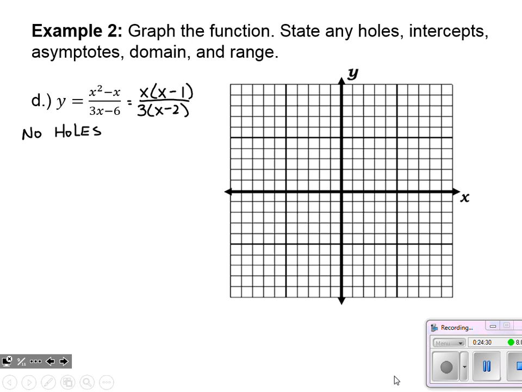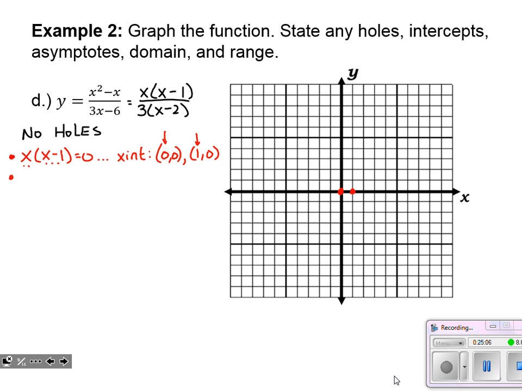Good. Let's move into our tests. First of all, the zeros. If I set the numerator equal to 0, that's going to give me x-intercepts. I find that I get x-intercepts at the point (0, 0) and at the point (1, 0). And again, those x values are coming out of solving each factor. Let's plot those points, (0, 0) and (1, 0). It's kind of weird that they're so close together, but hey, the math checks out.